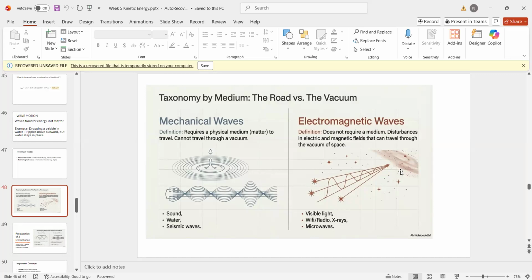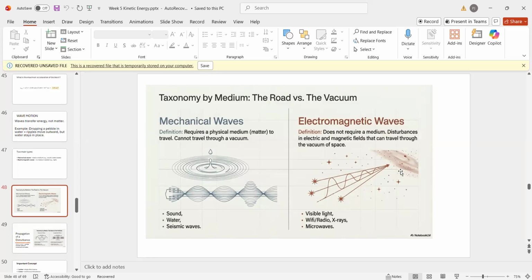So basically what you're trying to talk about, mechanical waves and electromagnetic waves, which one requires a medium? Do you need a medium to transmit it? If it requires a medium, yes, it's classified as mechanical. But if it doesn't need a medium, it moves in a vacuum, it's electromagnetic. That's why radio